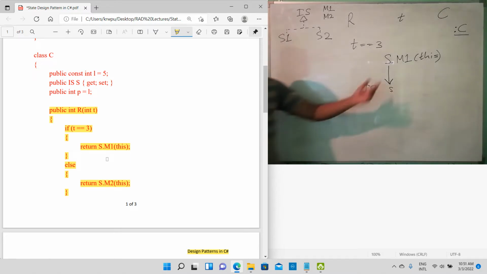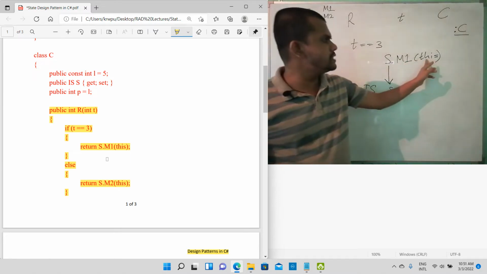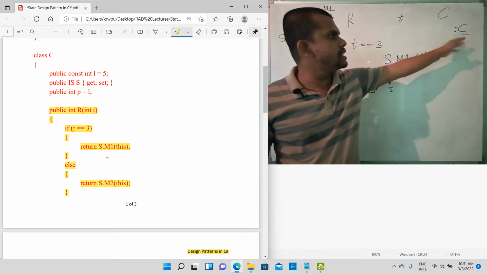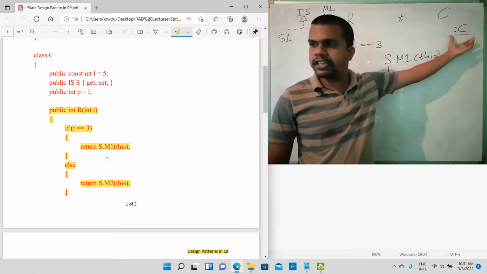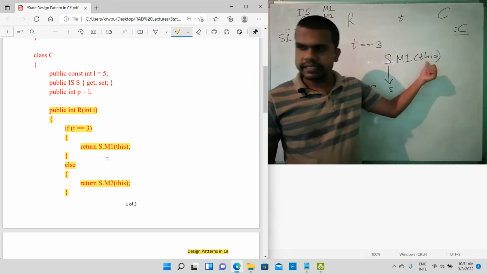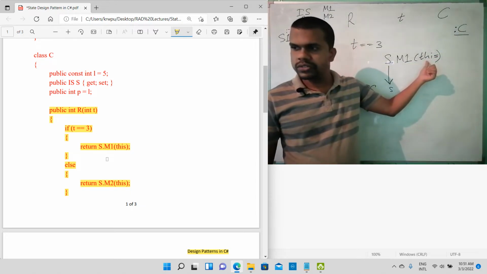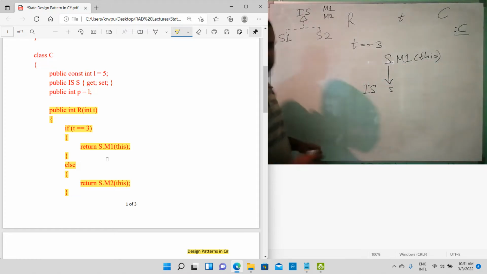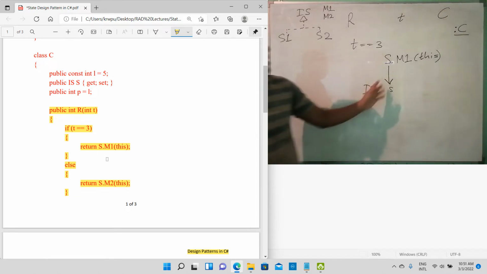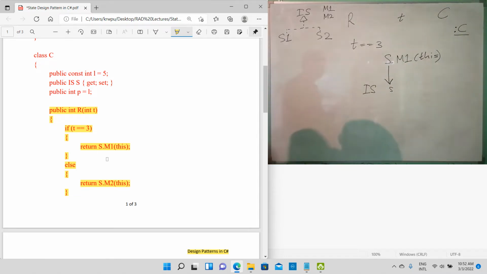Okay, then this refers to the same object, because it is the memory location of the C object we pass to the M1 method. Now we return S dot M1. S dot M1 means we invoke the M1 method available in